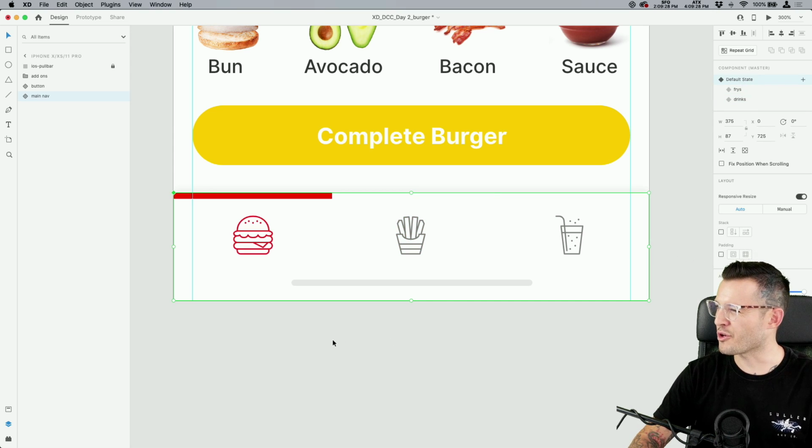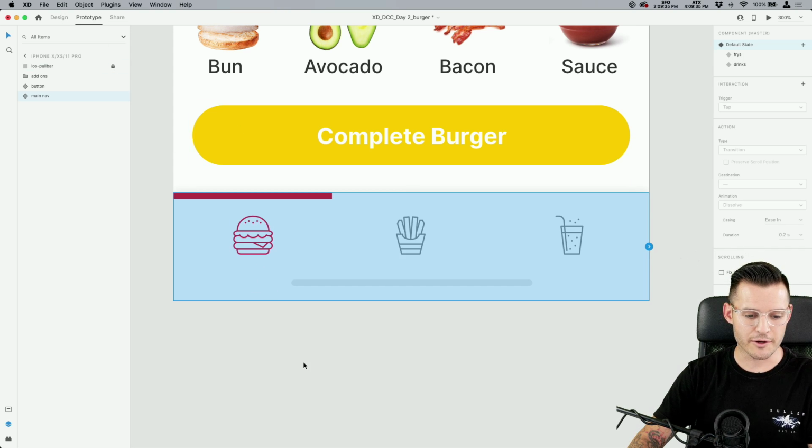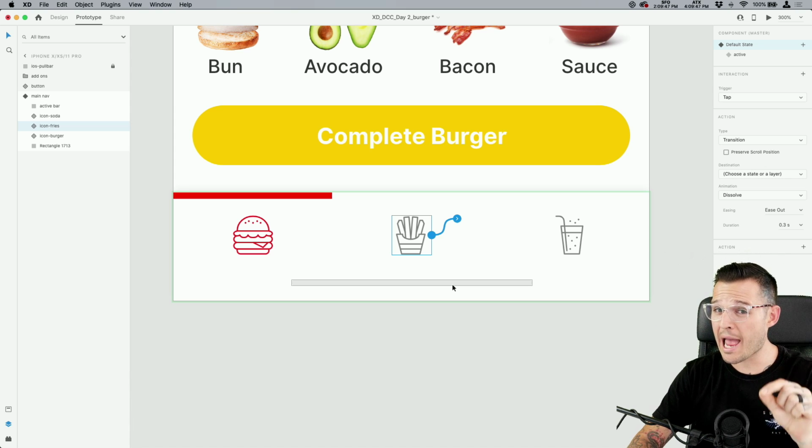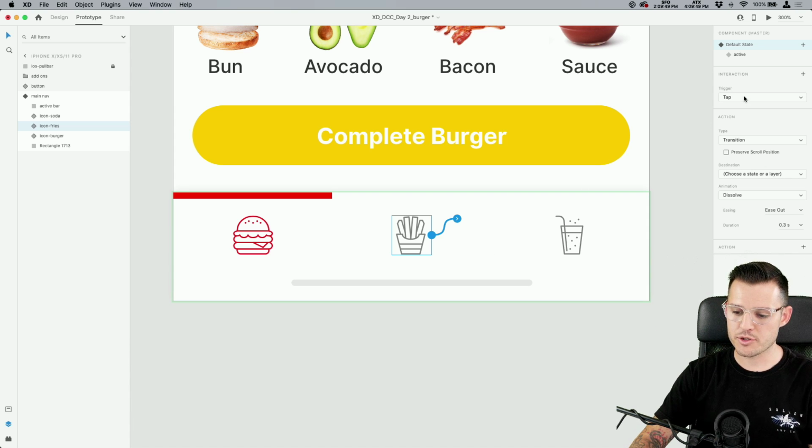What does this do for you? Great, I can flip back and forth. I can use them in different artboards, but we can also prototype it. Let's hit our prototype tab right here. And why don't we really quickly select our French fries thing right there. I'm not gonna drag it, I'm just gonna tap it. I'm gonna hit it, and it's gonna give me the opportunity to do tap. I'm gonna auto-animate, and I'm gonna choose the, oh, you know what? I did something wrong. Hold on, let's go back real quick.